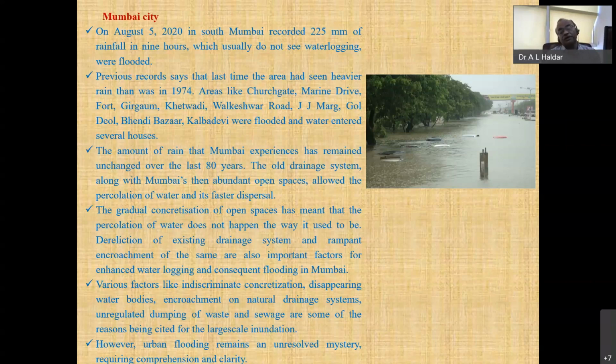What was impounded within the mountain. So that's why it takes 2 days to receive the water in that city. So it was common in Mumbai, some other cities also. And all these are happening basically because of climate change. So climate change is one of the major factors of this flash flood.